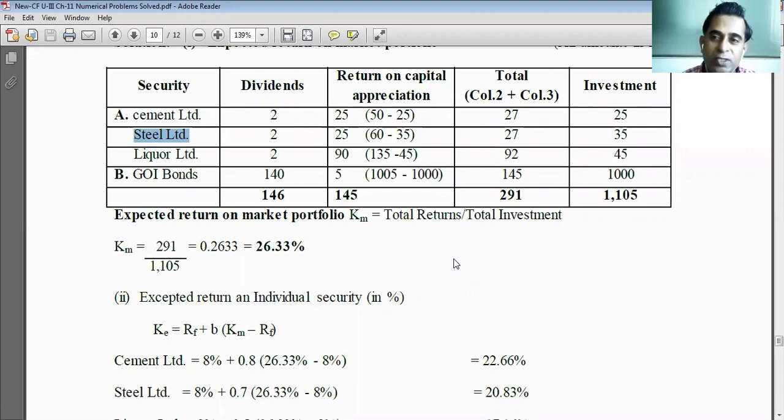There are two approaches. Two students gave one answer each. So dear students, cost of equity capital is calculated using either of the two approaches. One is the dividend approach, another is the capital asset pricing model approach. This way if you learn, then in offline exams you will remember.